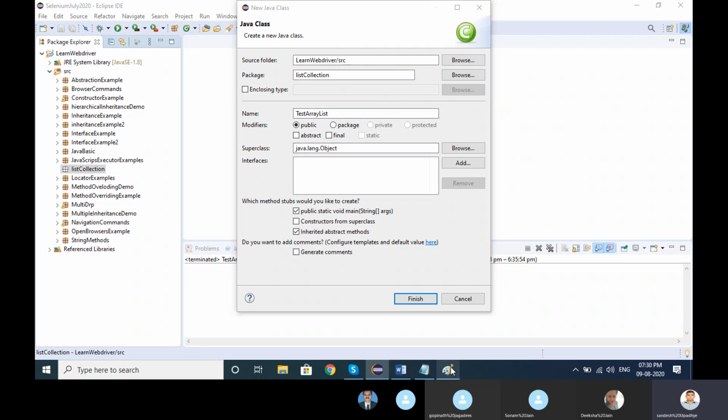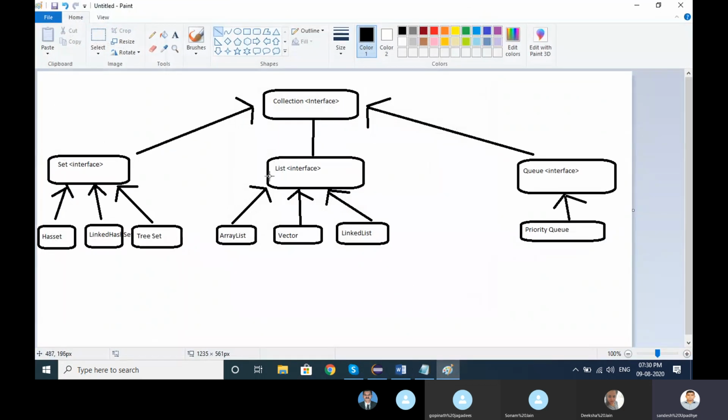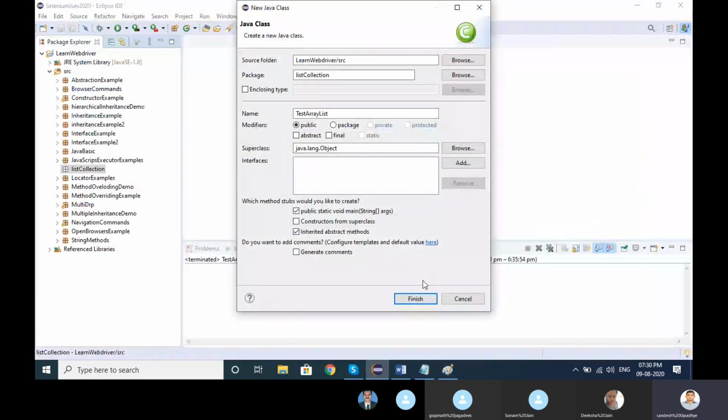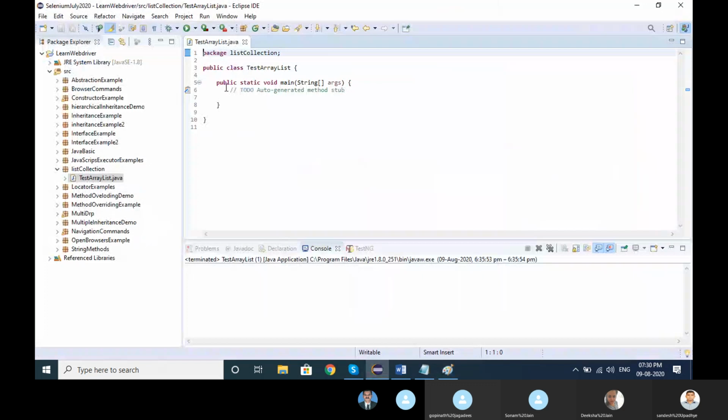I'm going to explain this concept using the List interface. ArrayList is a class, List is the interface, and the implementation we are looking at from this hierarchy: Collection, List, ArrayList. These are very simple topics if you understand them thoroughly.